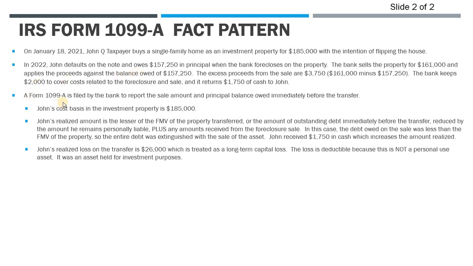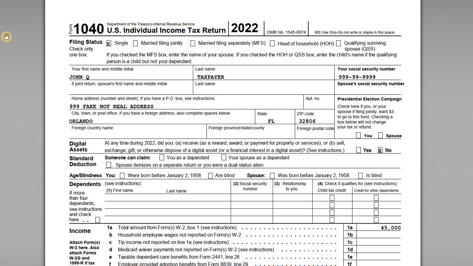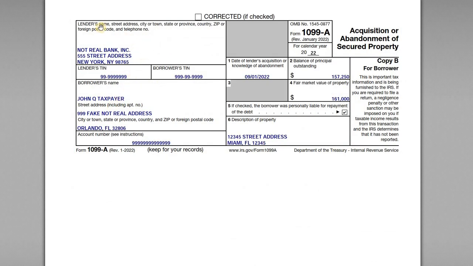So the 1099-A is going to be filed by the bank, and it's going to report a couple elements, right? If we look at the 1099-A here, the lender's name and address is going to go up here with their tax ID number, and then the borrower's name, address, and tax ID. Now, this is for calendar year 2022. We have the date that the lender acquired the property, so September 1st, 2022. A description of the property, so the street address is generally what you're going to see. And then a check mark here in line 5 that John did sign a personal guarantee, so he's personally liable